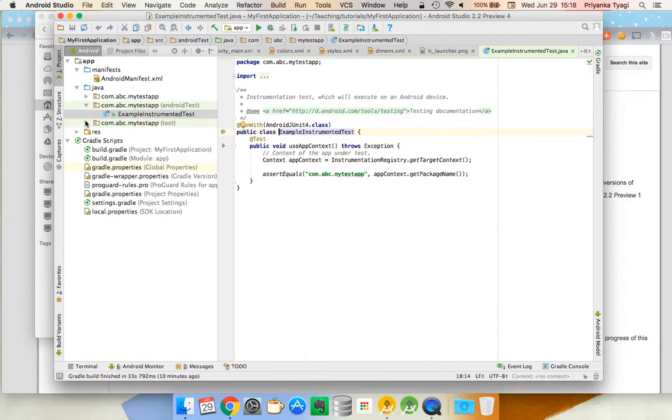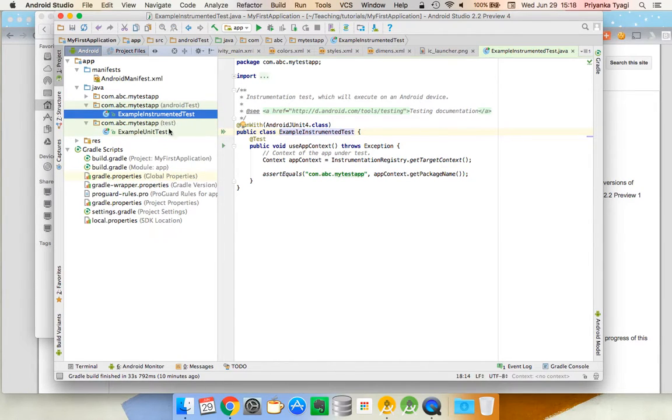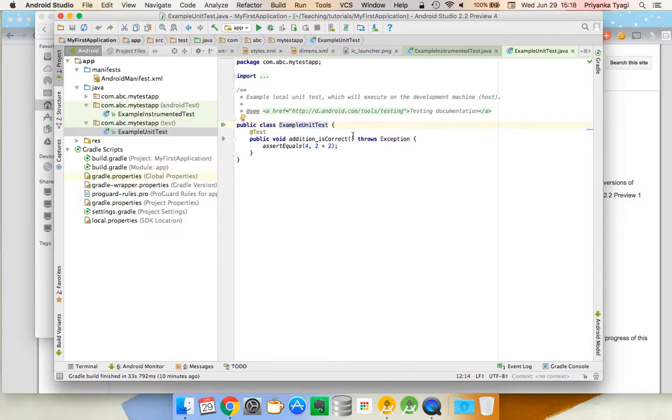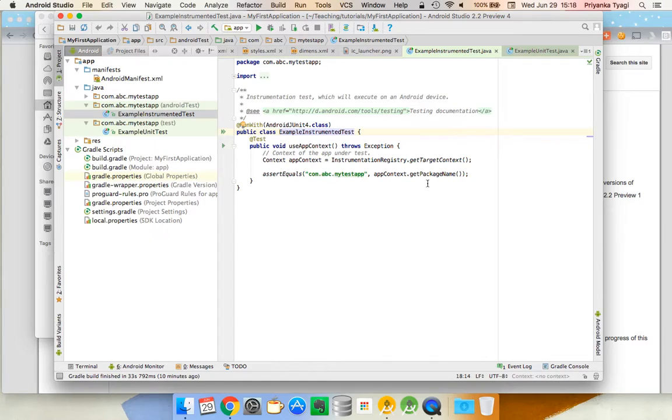However, the other test is a simple unit test, which is just to test the logic of the code that you write, but it doesn't run on your device. It runs in the JVM, and this one runs on the main app. So for that, this is the app context. You see InstrumentationRegistry.getTargetContext, which gives you the application